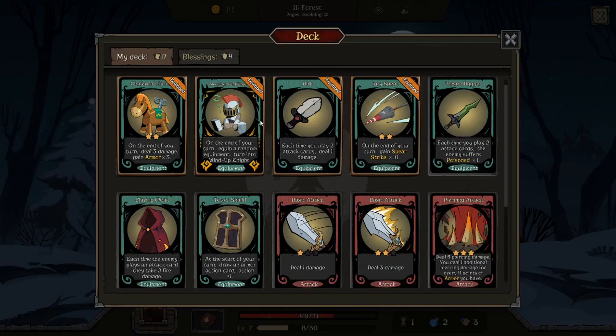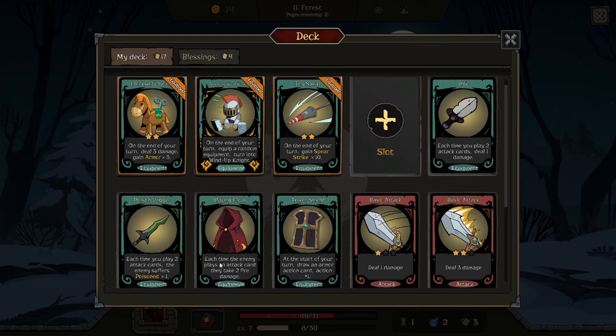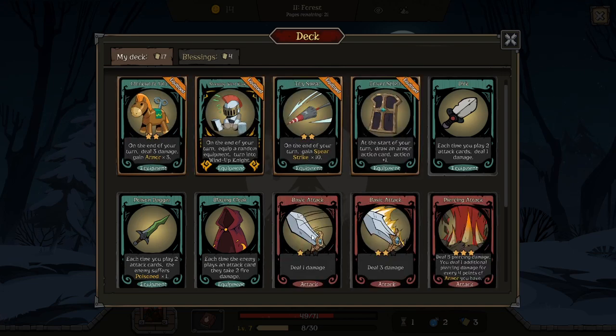So let's look at our equipment. I definitely think that the Tower Shield is one of the best ones we can do. We draw an extra action card and get an extra action. Specifically an armor action card at the start of our turn. So having that is nice. I'm just wondering if the Blazing Cloak...